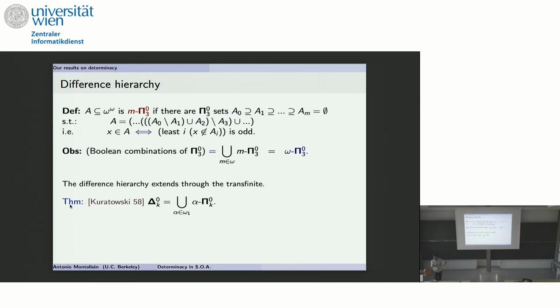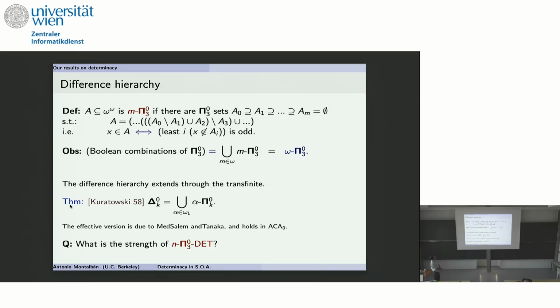And I give this third line, this equivalence, because it allows you to extend this hierarchy through the transfinite. Now, if you have a transfinite sequence of sets of some ordinal length, you can use the same definition to define alpha difference pi 0-3. And if you do that, you get the next delta class. So in this case you get delta 0-4. Okay, I guess it's a typo there. Delta 0-4 is the same as the union of all the alpha pi 0-3. So with finite combinations, you only get a little bit of the way. You don't get all the way to the next class.